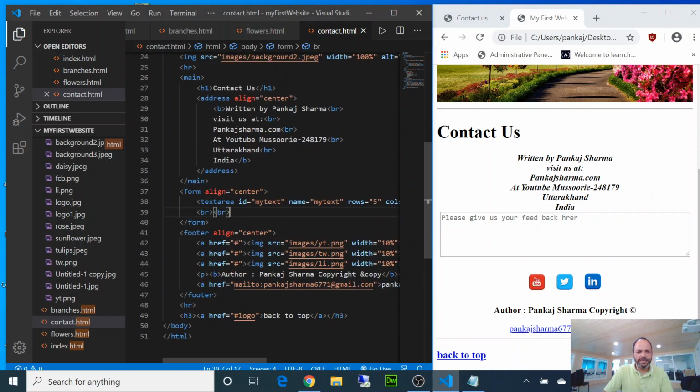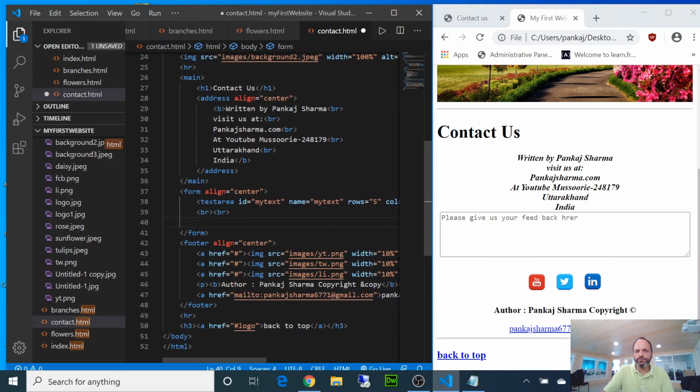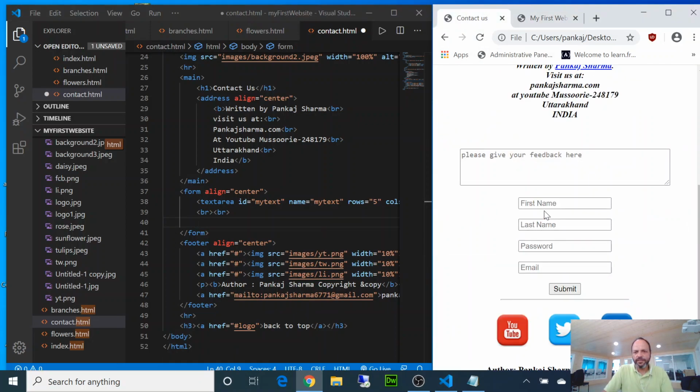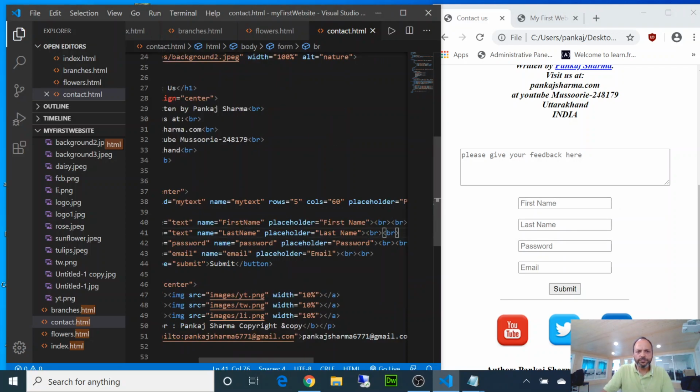Okay, so I've done that, and now the next thing that I'm going to put is the first name, last name, password, and email. These are input boxes. So we are going to use input box here. Okay, right. So if you see here,